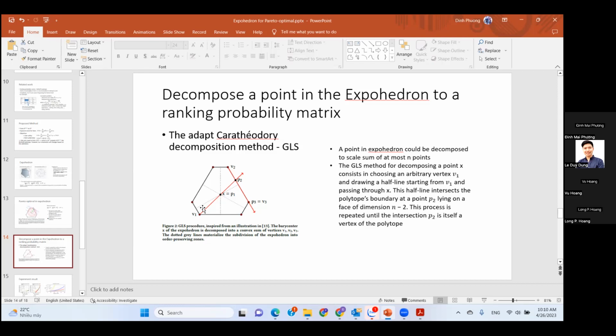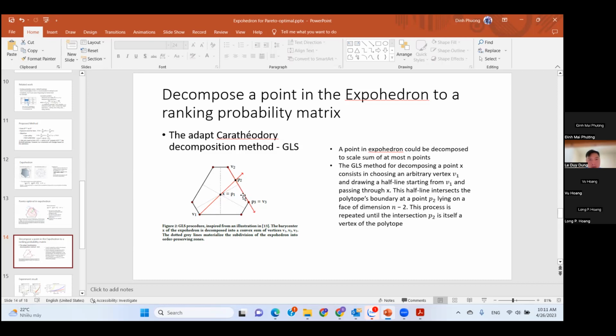Here is an example with a hexagon. We try to decompose the variable x into a scaled sum of 3 points, three vertices here. We choose any first point, draw a line from that point through x, and it will cut a hyperplane in the lower dimension. In this case, there will be an edge